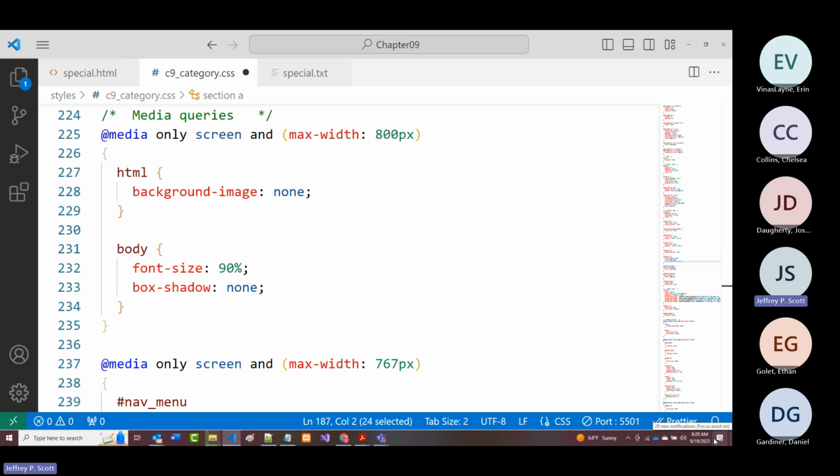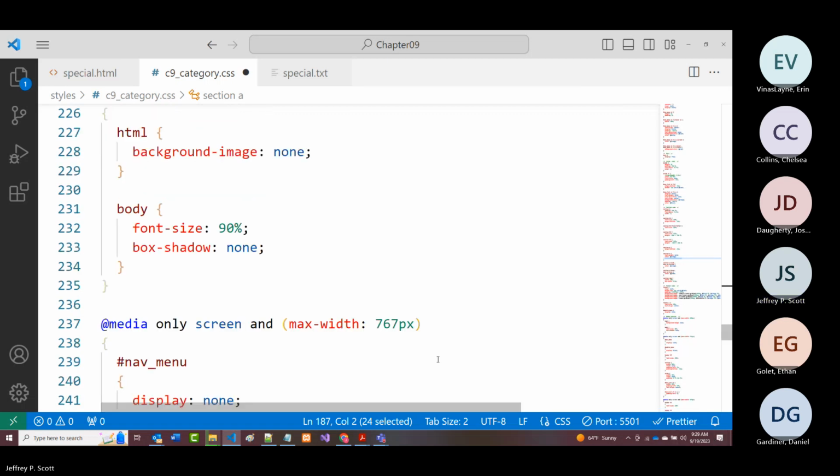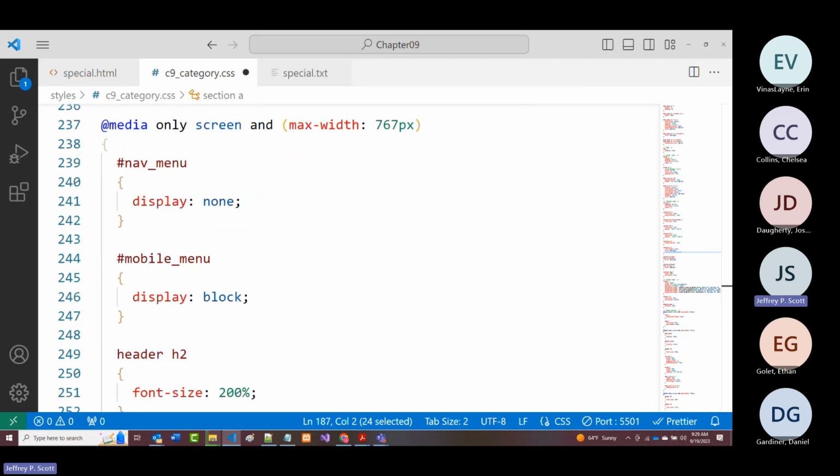All right. So with a max width of 800 pixels, we've got HTML background image, none. Body, font size, 90%, box shadow, none. That looks okay. For our 767,